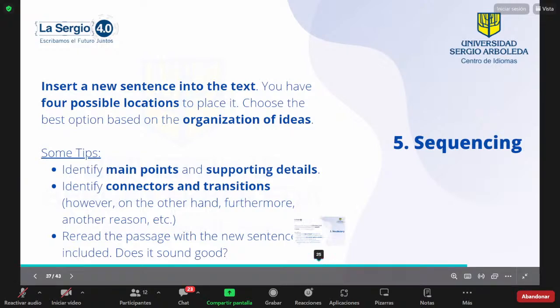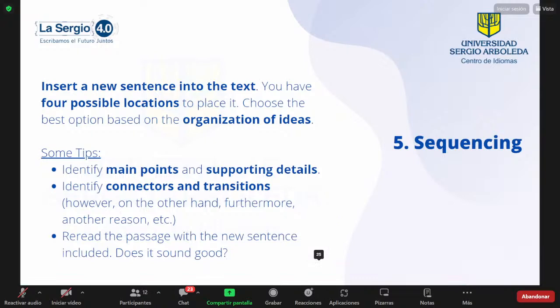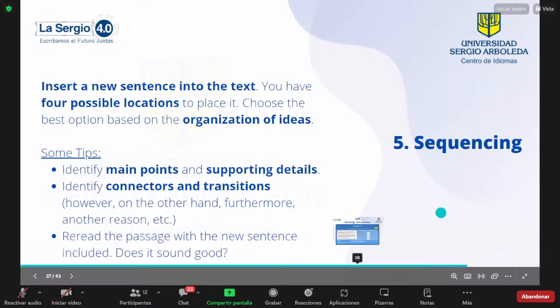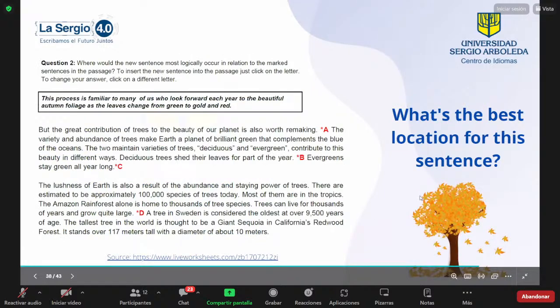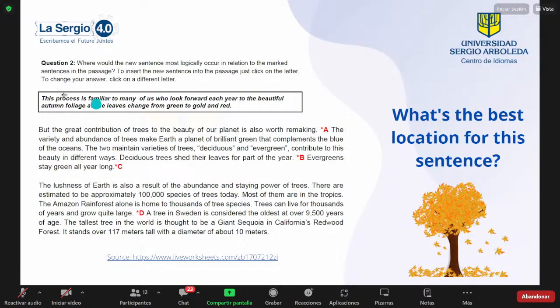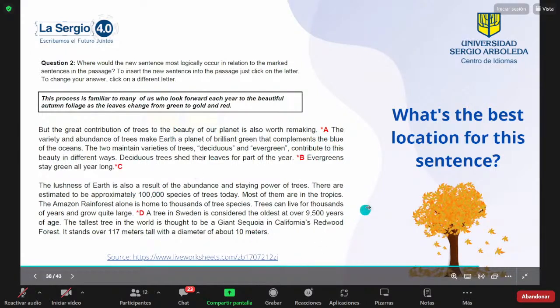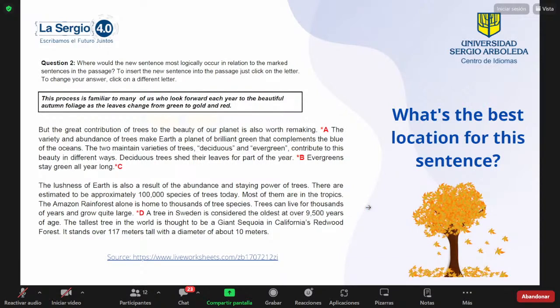Then once you make a decision, because you're going to have time, because in the first 3 parts you are going to do it faster, then you're going to save time so that you take more time on this and have time to reread it, including the sentence, to see if it makes sense. Okay, so always take time to reread it, please. Okay, let's do this one. This is the sentence. Where does it belong? In what part would you put it? I'm going to give you the 2 minutes to think and reread.